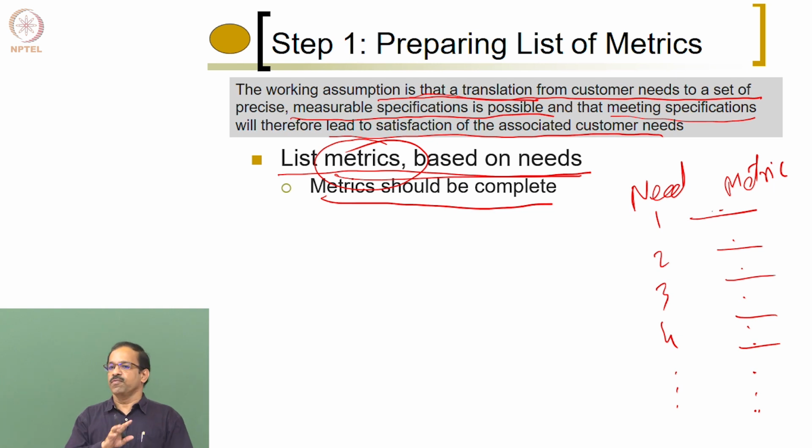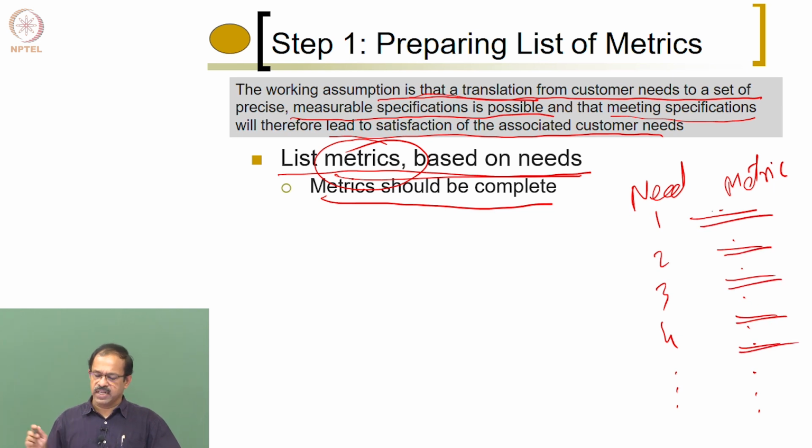If there is a need without a metric, then basically we are telling that we don't know how to design for that. If somebody says that there is no metric associated with that need, then basically we are telling, as a designer, I have no idea how to meet that requirement because it is not coming from the design, it may be coming from somewhere else. So that need I cannot provide in the design. Got it? So every need should have at least one metric associated with it. So this is the requirement. The first thing, that the metrics should be complete. Every need should have a metric associated with it.